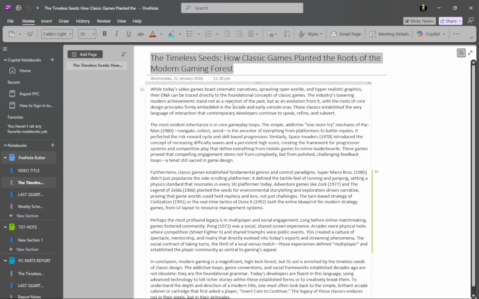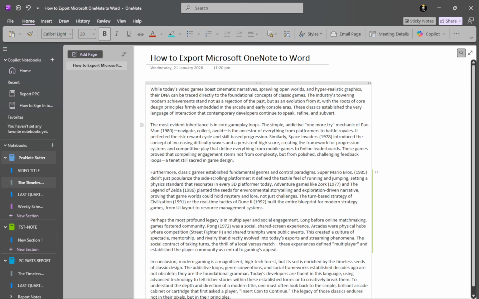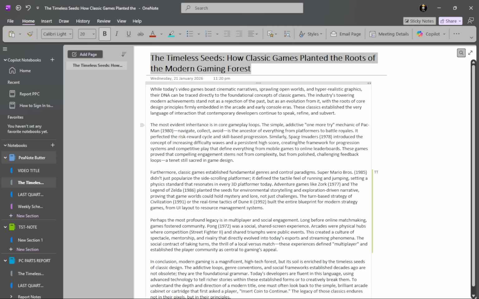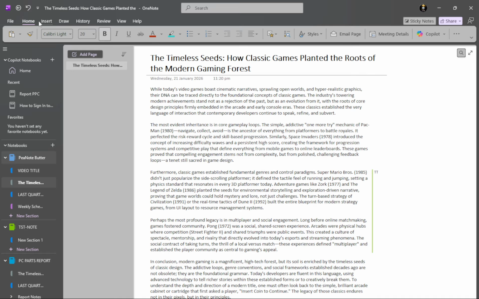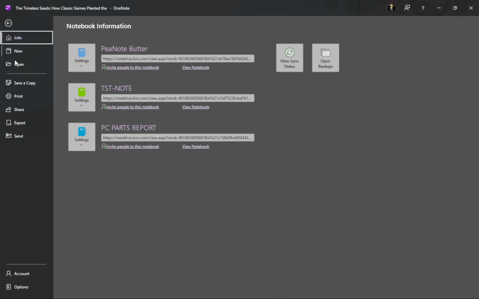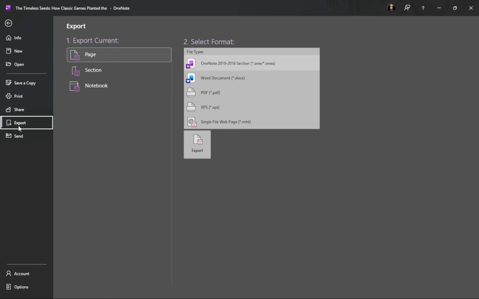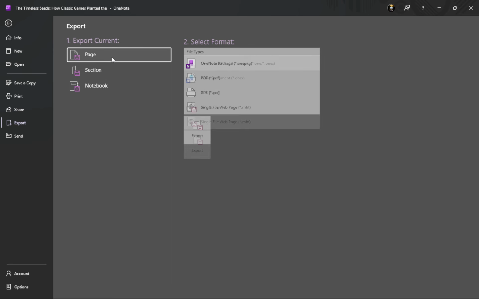Open OneNote and navigate to the exact content you want to export, either a single page or an entire section. When you're ready, go to the File menu and choose Export. In the Export Current area, decide whether you want to export just the current page or the whole section. Exporting a page is great for one-off notes, while exporting a section gathers multiple pages into a single Word document